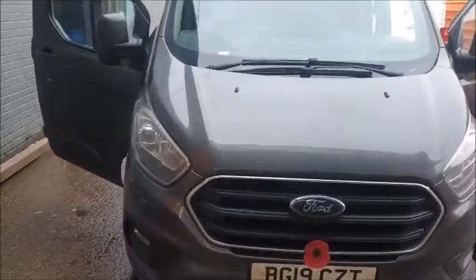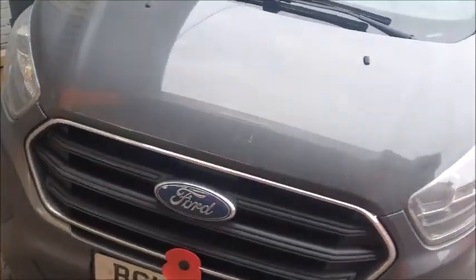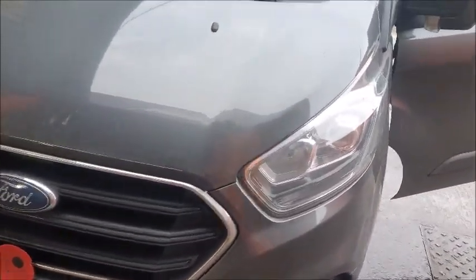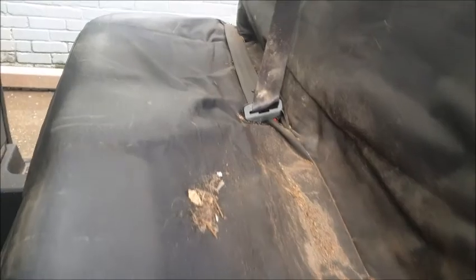Basically it's our site owner, or my landlord, and he does quite a lot of building work, and you've probably seen this van before. I just thought I'd show some of what we've got to do. I've just removed the carpets from here. I'm going to remove the fridge,